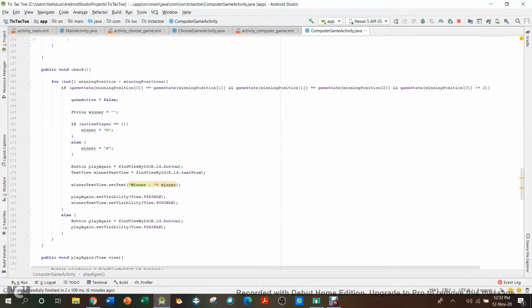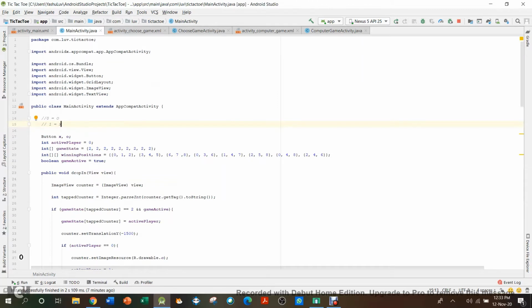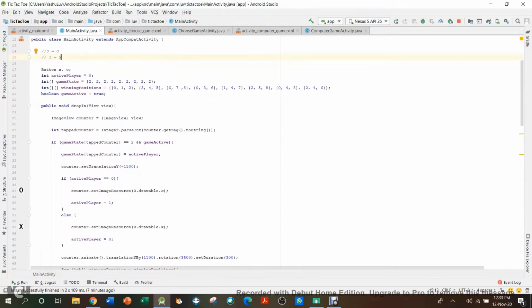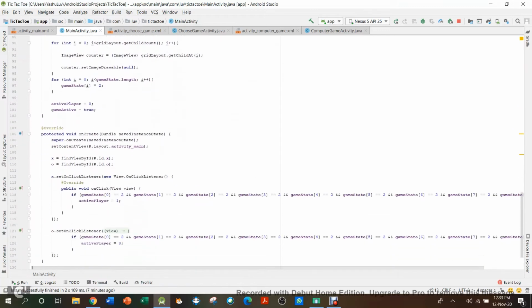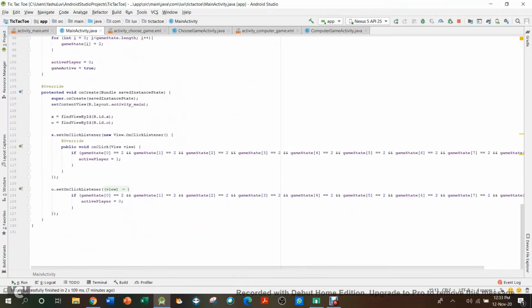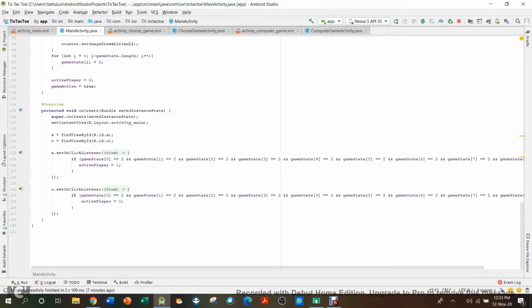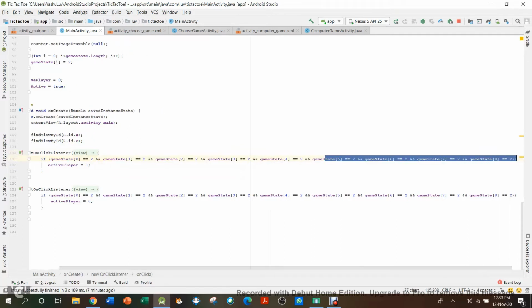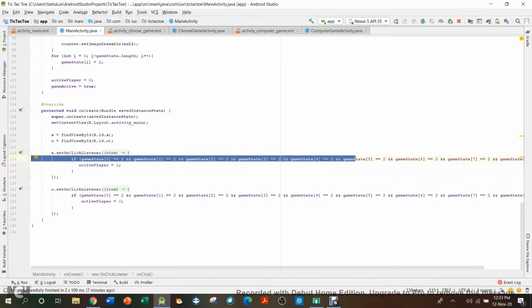So firstly, open the tic-tac-toe app, and as you can see I've added 2 more screens in it. The main activity. Also, one thing which I wanted to show was how to select X or O. Many people had asked me in the comments in that video how you select X and how you select O. To select X or O, you just do a simple x.setOnClickListener, and then you check all of the game states if they are equal to 2, so that you don't do it in the middle of your game and spoil it.